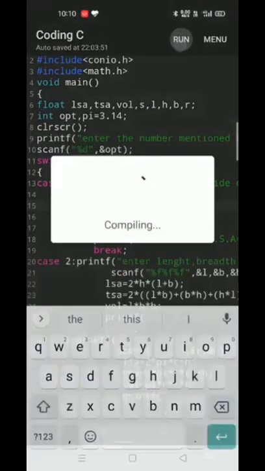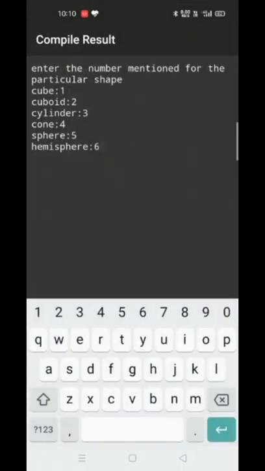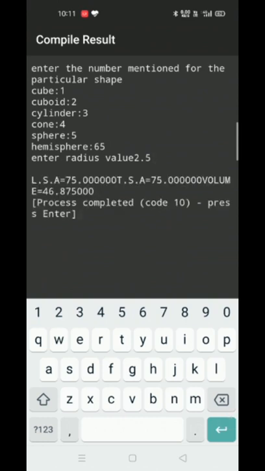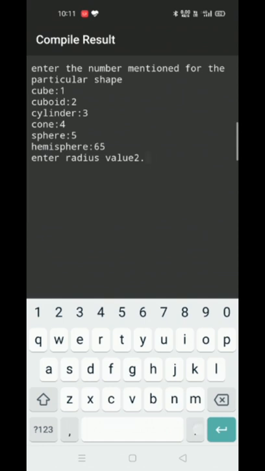Okay, then we'll run again, and now we'll give the values in decimal points, to check whether it is taking them or not.